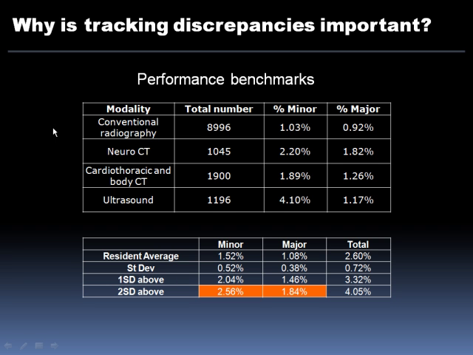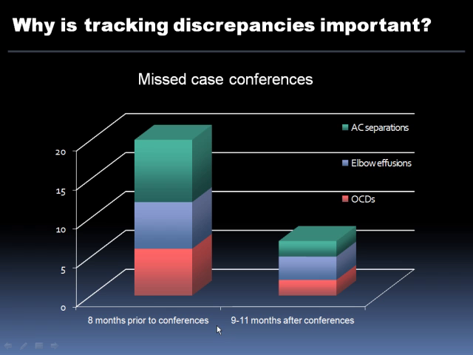We look at ED versus inpatient. We look for ways that we can improve. We also calculate minor and major discrepancy rates for all the residents on call for different shift types and look at if any residents are falling outside of 1 or 2 standard deviations in order to get them more specific intervention. Another way we've used the tracking of discrepancies is in the first 8 months, 10% of our major discrepancies